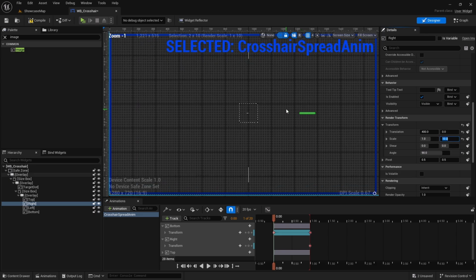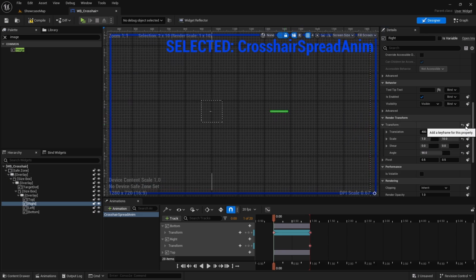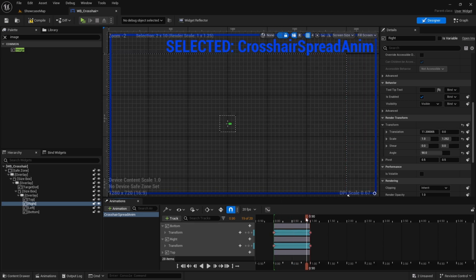So it will appear like this, and keyframe the entire thing. Okay,